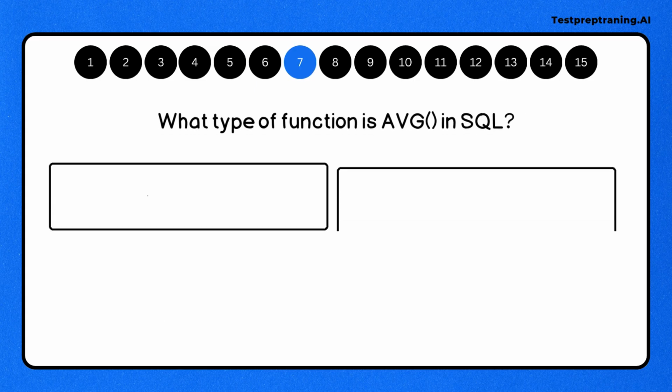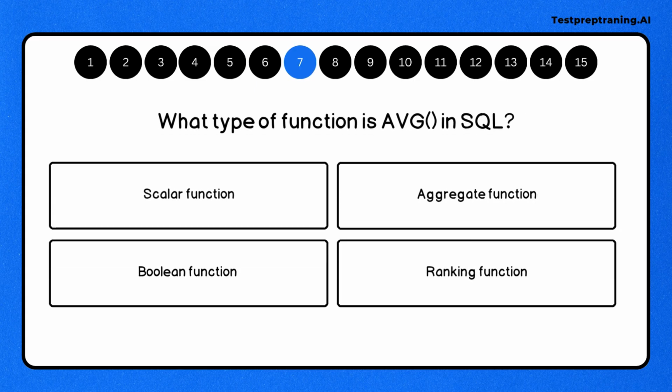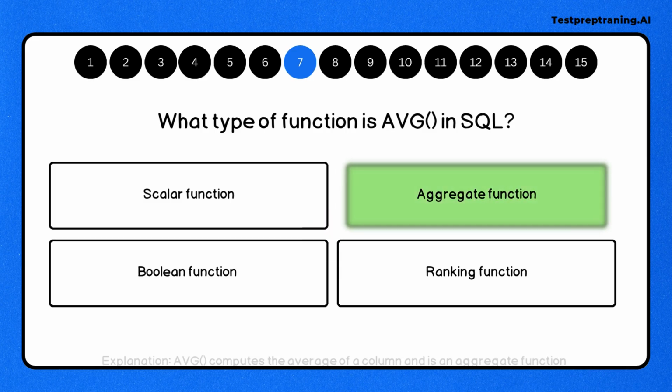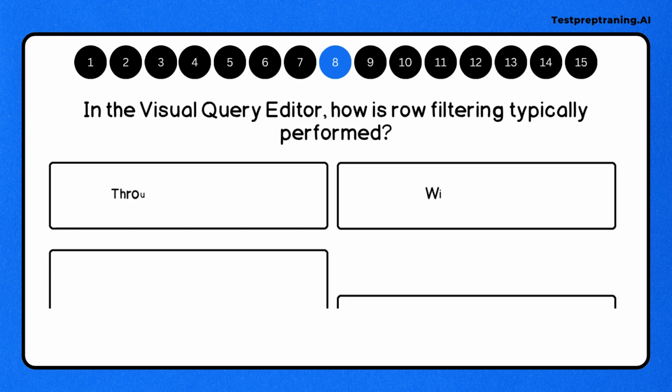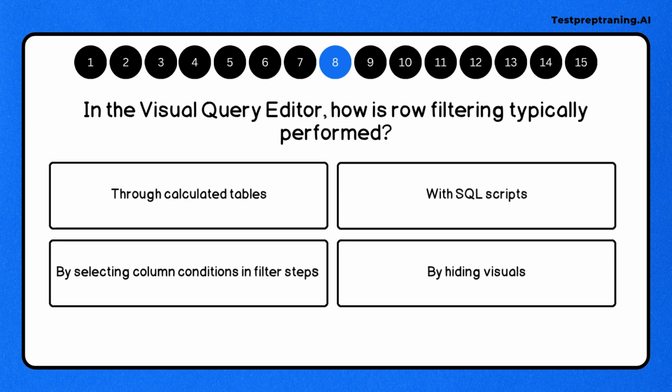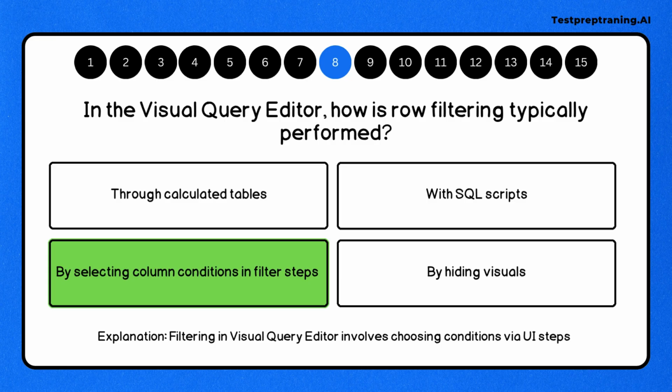KQL. Question 7. What type of function is AVG in SQL? Correct answer is aggregate function, as AVG computes the average of a column and is an aggregate function. Question 8. In the Visual Query Editor, how is row filtering typically performed? Correct answer is by selecting column conditions in filter steps, as filtering in Visual Query Editor involves choosing conditions via